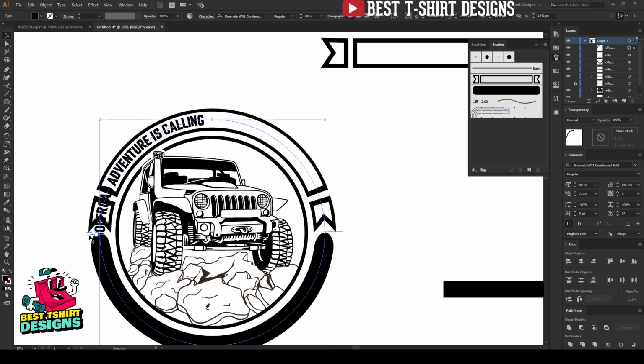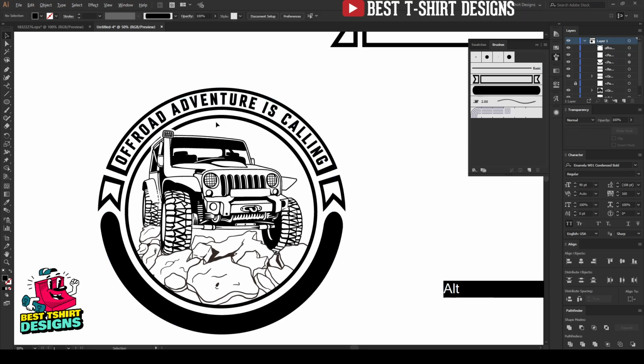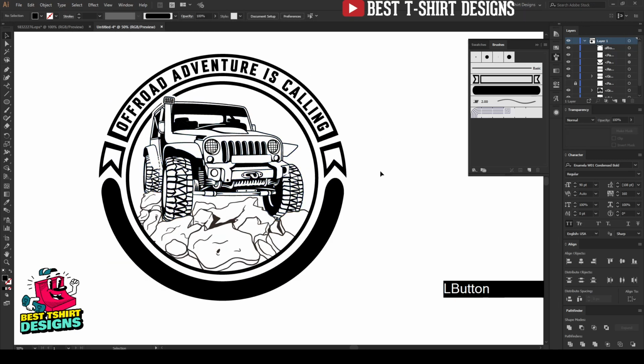Now I have to simply select one of this part and then move it here, kind of this, then click on the center. It is going to now place my text in the center. So this much, or that is too much bigger, I think. So this is fine for my text size. I can increase the spacing between my text because there is extra area in my ribbon, kind of this. So this is going to perfectly fit here, as you can see.